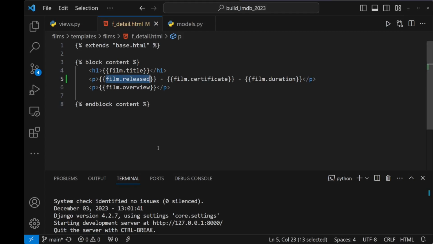So to deal with that, where it says release, we're going to throw in a pipe symbol, and we're going to type in date. I'll show you what these are in just a moment, and I'll put in capital Y, for the year. So these are from the Django database. If you type in